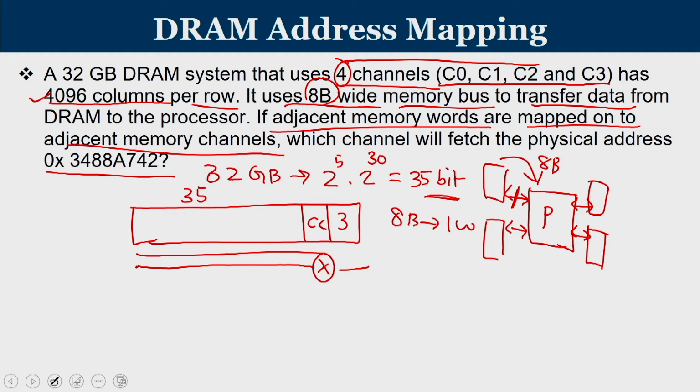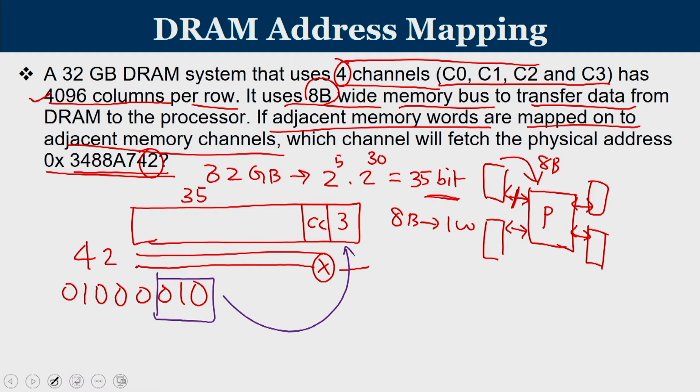So, this is the address that is being given. Let us take 4 2. Now, if you write this 4 as 0 1 0 0, this 4 2 is the last 8 bits. Now, 2 is 0 0 1 0. These are the last 8 bits, out of which the last 3 bits will be the byte within a bus word, and it is these 2 bits that will tell you which is the channel. So, this indicates that this particular address is mapped to channel number C0 that has been given in the question.